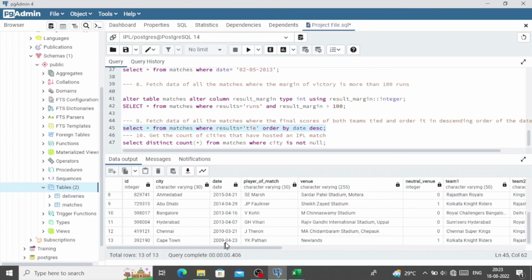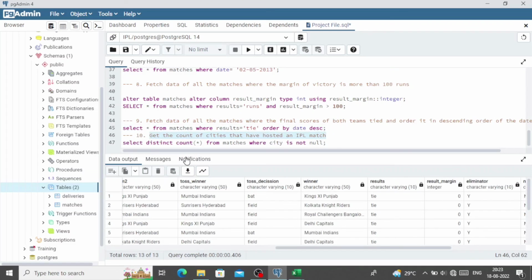Then get the count of cities that have hosted an IPL match. For that, if we count the city simply using the count function, it will also count the duplicate values. So we have to include the distinct function. So it will eliminate the duplicate values. Select count distinct city from matches where city is not null. And see here,